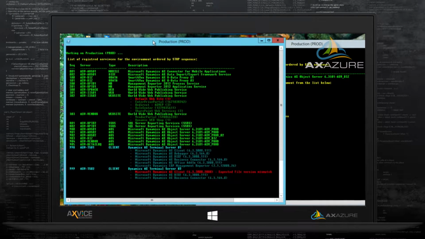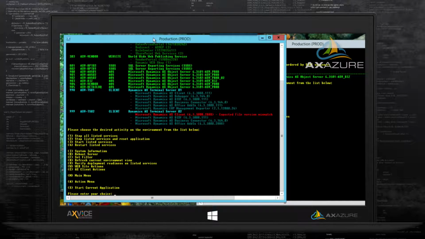That's a neat way to get that system information and send it over to the Microsoft engineer, so that he can look into the event viewer. And in that event viewer, we should be able to see that the AOS server was stopped and started and all these things, because we actually just did that.